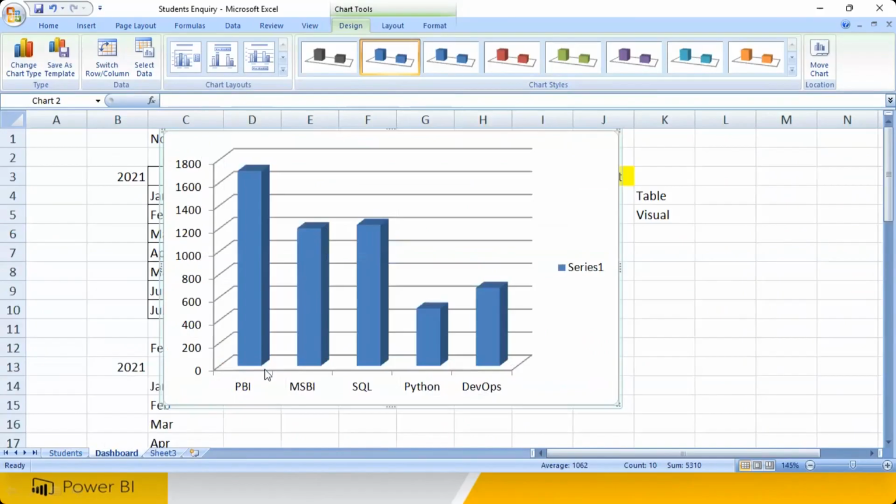Clear? Second position, I think we have SQL. Third position, we have MSBI. Fourth position, we have DevOps. And the fifth position, we have Python. So it is going to be telling you a story, which is the course in high demand, which is the course not at all in demand in your institution. Clear? So data analytics can be used to take your raw data and convert into